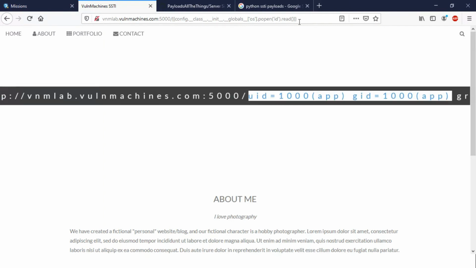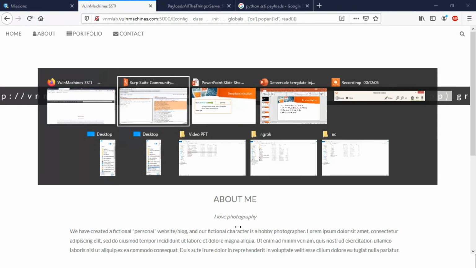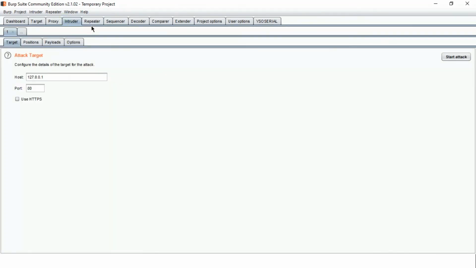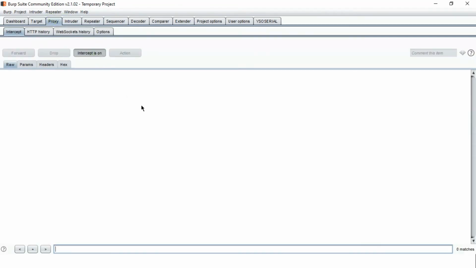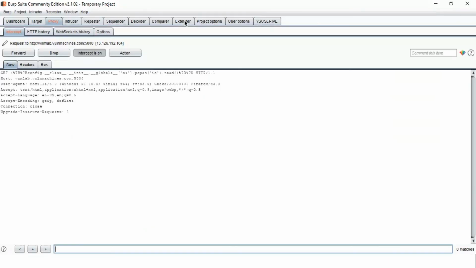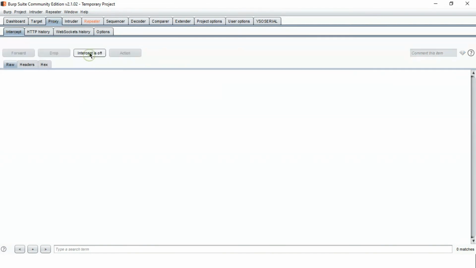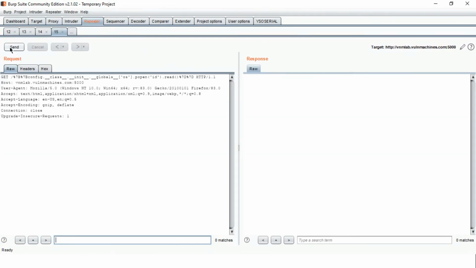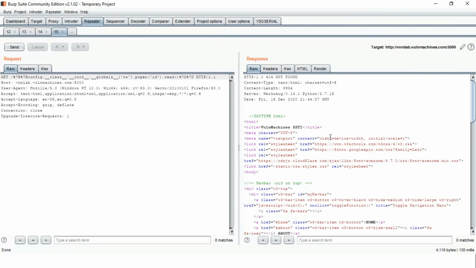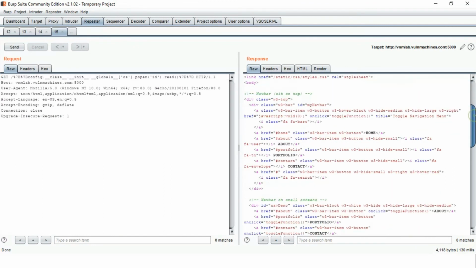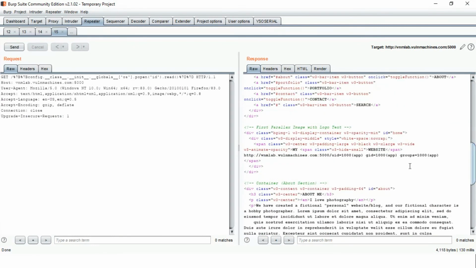So as you can see, id app, this will be more visible in Burp Suite. So this is the server-side template injection vulnerability. So as you can see the output.